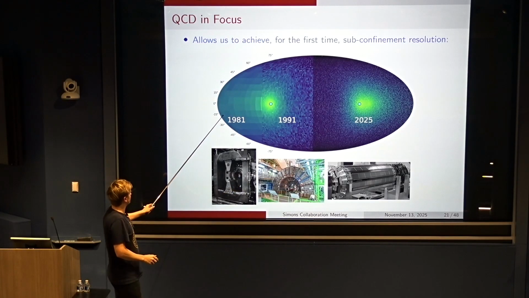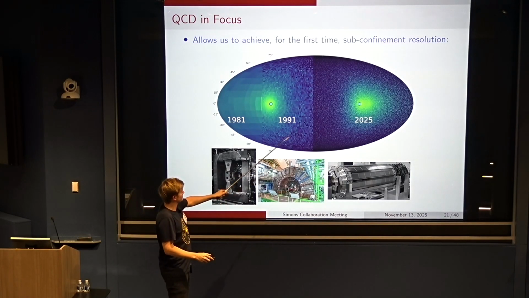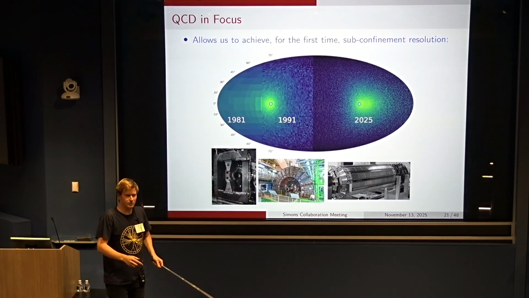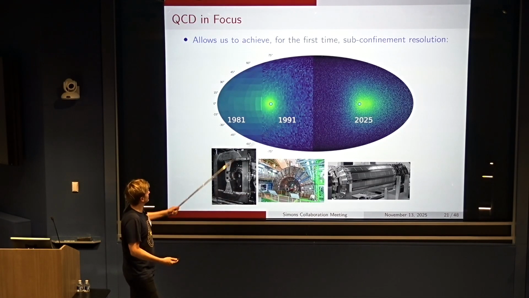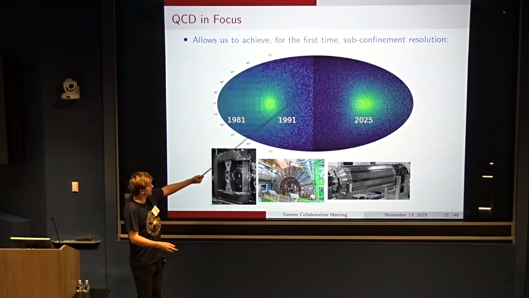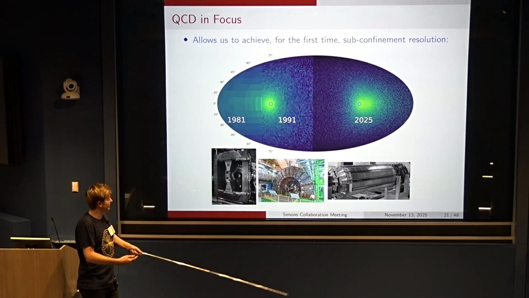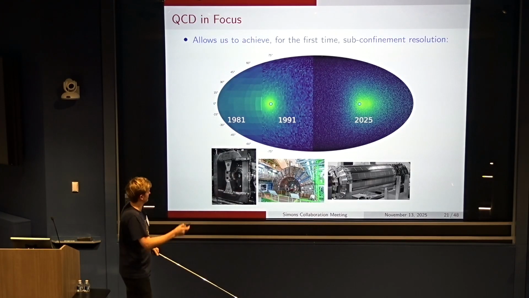And so over here is the resolution which was achieved in this first Pluto experiment. Here is the resolution which was achieved in these Aleph and LEP measurements in the 90s. And this is the resolution that we can now achieve using this inner tracking detector. So this really transforms what we're able to actually measure, and this enables us to measure for the first time at an actual sub-confinement resolution. And so we'll be able to see interesting QCD confinement phenomena using these measurements.